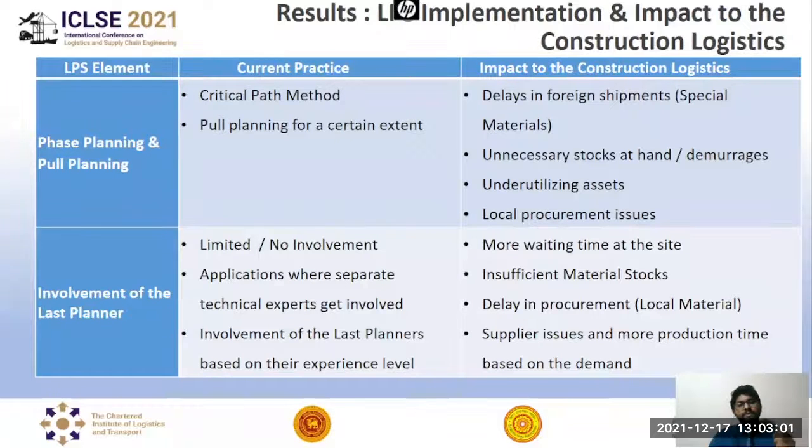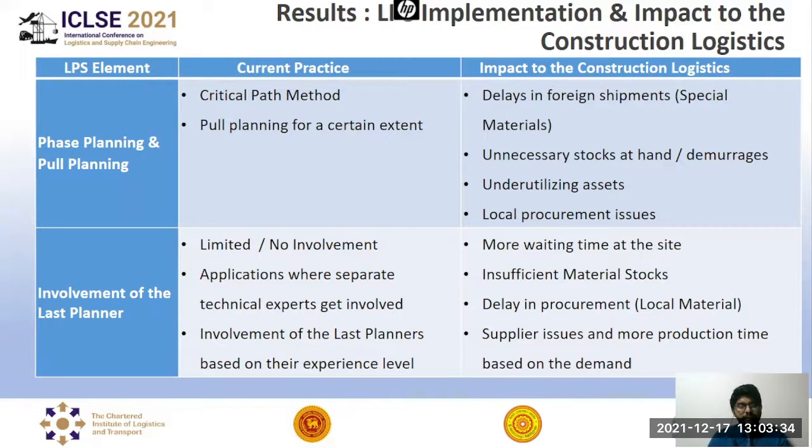We could see that there is a lot of impact from that phase planning or pull planning, because there are delays in foreign shipments, especially in the M&E section, and sometimes it happens the other way around, that unnecessary stocks are on hand, so they have to pay damages or warehouse charges, and in certain cases the assets are underutilized. And also we could see local procurement issues